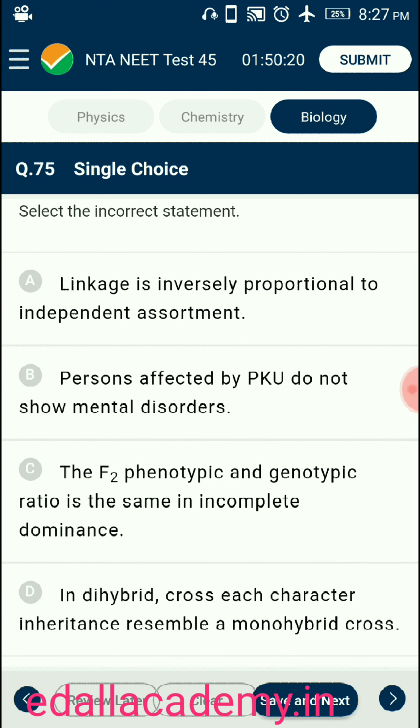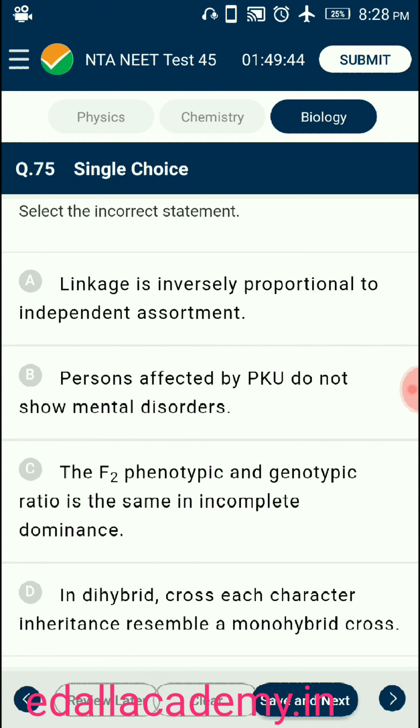Phenylketonuria. This inborn error of metabolism is also inherited as an autosomal recessive trait. The affected individual lacks a liver enzyme called phenylalanine hydroxylase that converts the amino acid phenylalanine into tyrosine. The genes for the disease are located on chromosome number 12. Symptoms: since the phenylalanine is not converted, phenylalanine is accumulated and converted into phenylpyruvic acid.